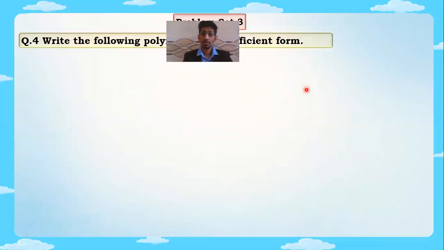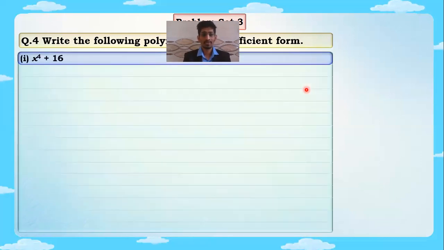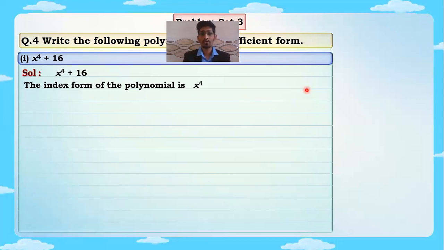Now students, you are going to help me with these questions. These questions are homework for you all. x raised to 4 plus 60. You tell me quickly what the answer will be. Very simple question, students. First of all, is this polynomial in index form this time? No, because after raised to 4, the constant term is given directly. Some terms are missing, so we need to introduce them with the help of coefficient 0. So let's write x raised to 4. After raised to 4, the cube term is missing, 0x cube. Then the raised to 2 term is missing, 0x square. The raised to 1 term is also missing, that is the variable term, so let's write plus 0x, and the constant term which is available, that is 60.